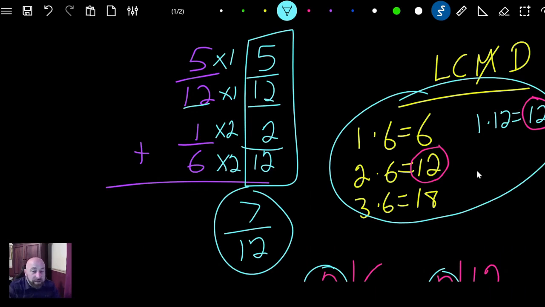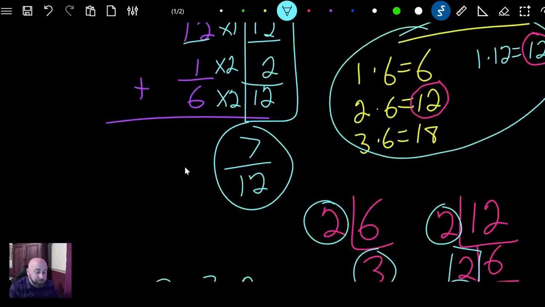What's the trick? Find the LCD. Once you find the LCD, then you go ahead and add. Okay? Now let's do a subtraction problem. So now we have, let's say,